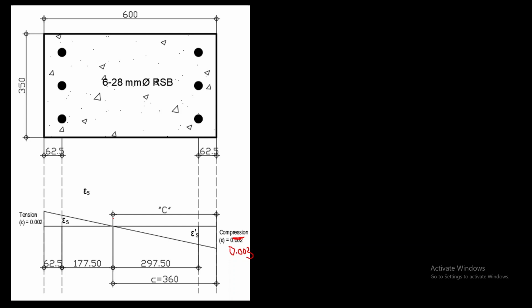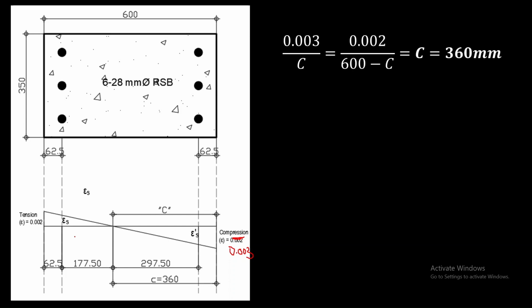So assuming this value is C, or the distance from the neutral axis to the extreme compression fiber, we're going to solve the value of C by ratio and proportion, given 0.003 for this larger triangle over C, and 0.002 over 600 minus C, this is 600, and this one is C,